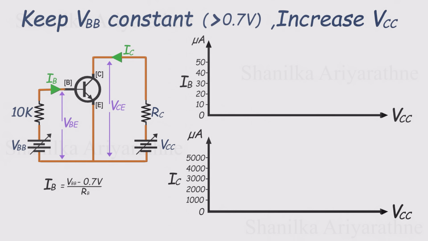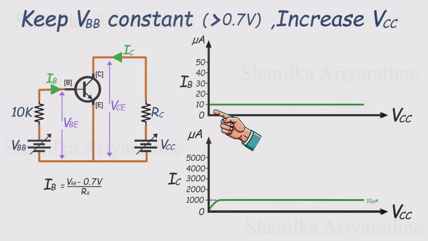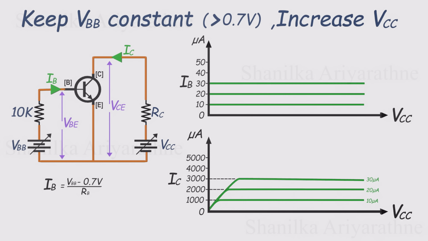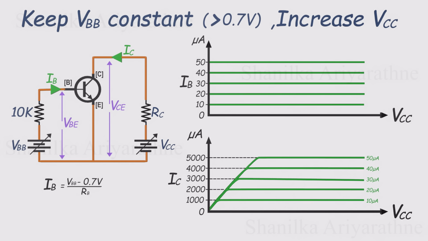Now let's repeat the experiment using real current values, and this time, we'll just focus on plotting IB and IC. If we set VBB so that the base current IB is 10 microamps, we observe that IC rises and then levels off at 1,000 microamps. That's 1 milliamp. Next, we increase VBB to make IB equal to 20 microamps, and now IC levels off at 2,000 microamps, or 2 milliamps. This pattern continues. For each increase in IB, IC climbs to a higher maximum value,